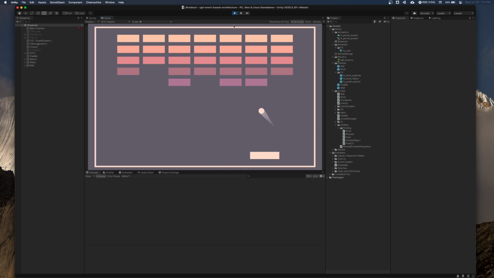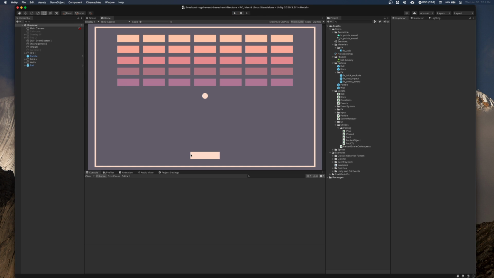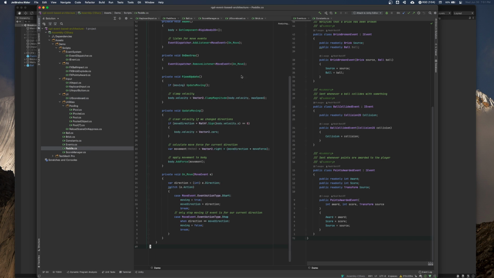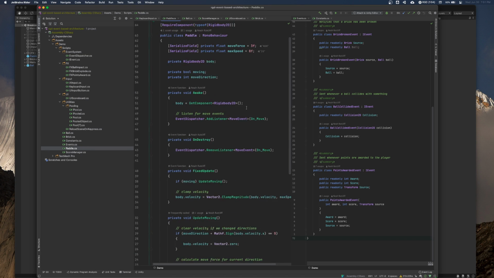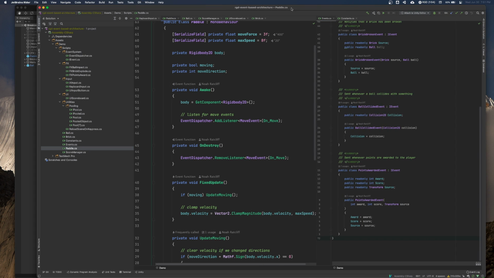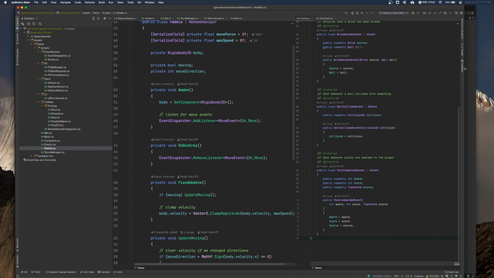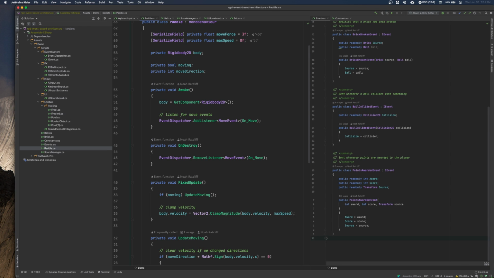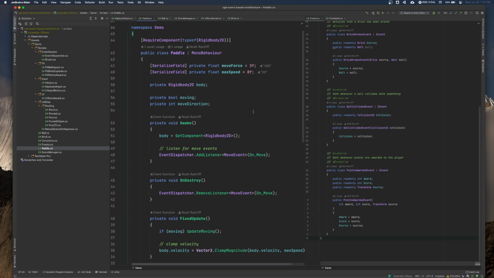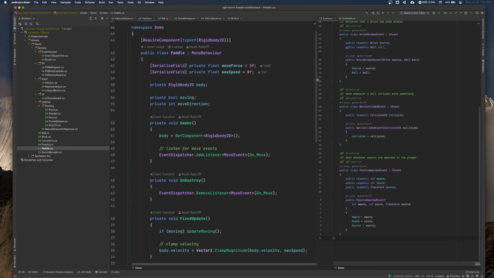Nothing too fancy though. But let's talk about the particulars of how we've implemented some of this stuff. So let's start with the paddle, right? Let me zoom this in a little bit for everybody so that we can see. Unfortunately, Writer zooms by window unless I globally change my font settings, or zooms by tab rather. So this is what we're going to work with. So we have a paddle.